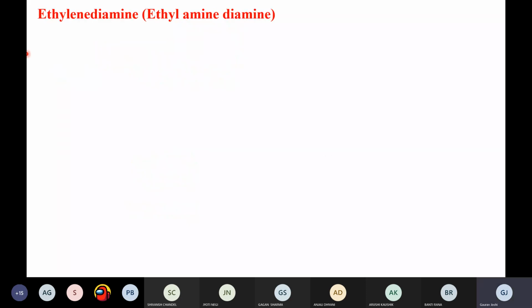Now we move to the ethylene diamine. So basically, what is the ethylene diamine? It's the ethyl amine and the diamine, right? So diamine means, see, we have discussed this thing yesterday. Diamine means we have the two nitrogens in a structure, right? So here we have X is equal to N. This X is replaced by the nitrogen. So we have the methyl and the ethyl, so the name comes ethylene diamine, right? We have two CH2 and two nitrogens, right? So this is the thing.